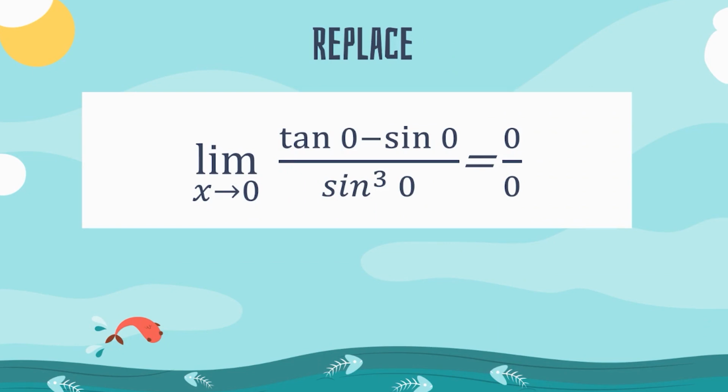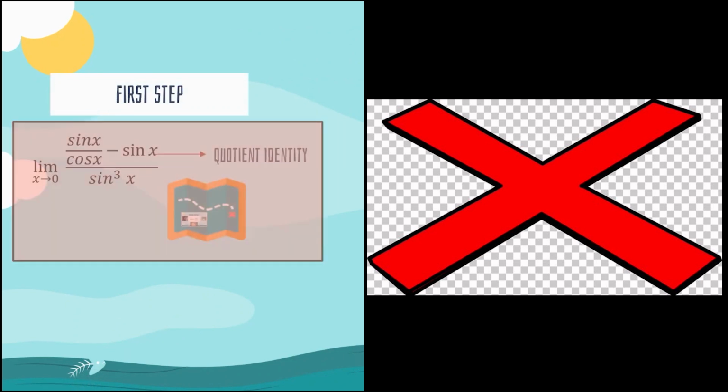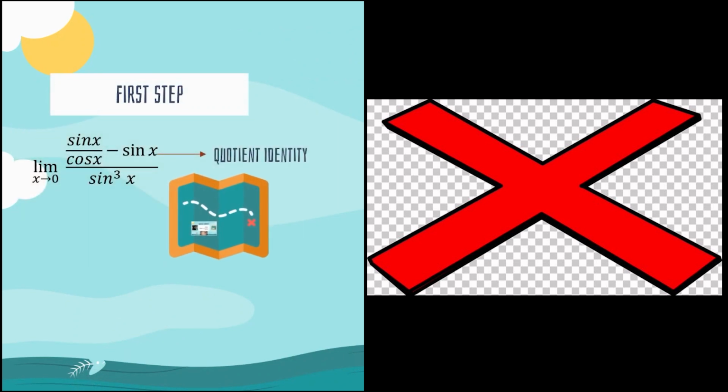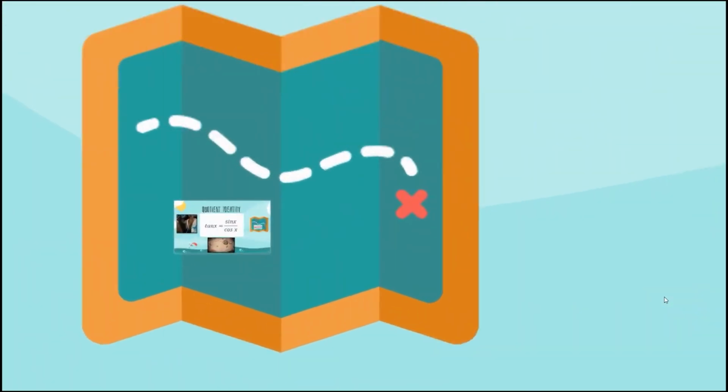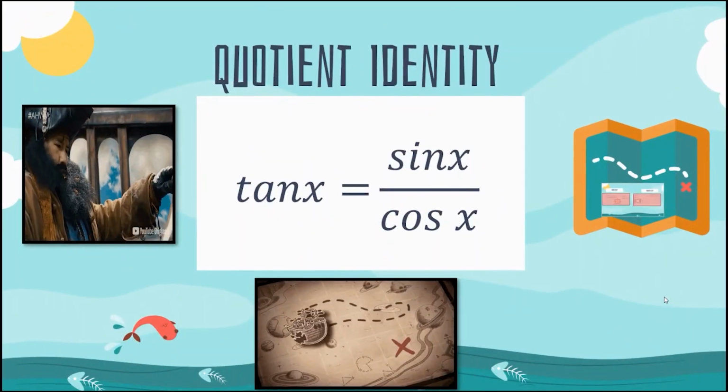But we must find another path in order to solve our equation, one with a little bit more twists and turns. But don't worry, we will reach the end. Through the quotient identity, we know that tangent of x equals sine of x divided by cosine of x. So we replace tangent of x using this quotient identity with sine of x divided by cosine of x